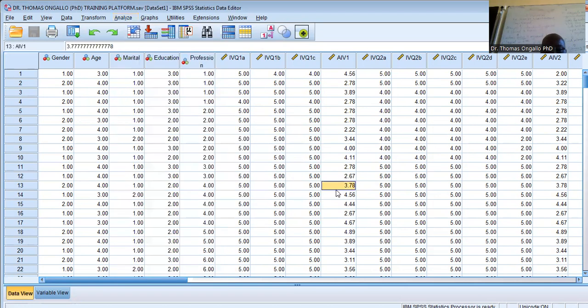And so, viewers, I think for today, that should mark the end of our presentation on how we can go about with the SPSS once we have the data prepared. I think when we meet again, we will now be looking at how do we prepare the data and input